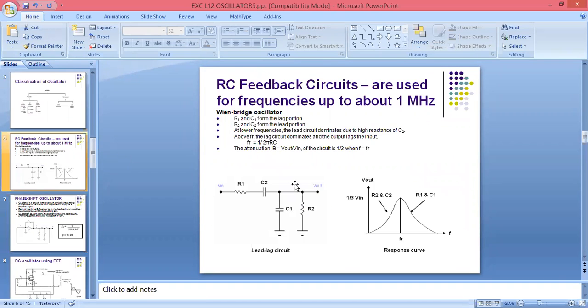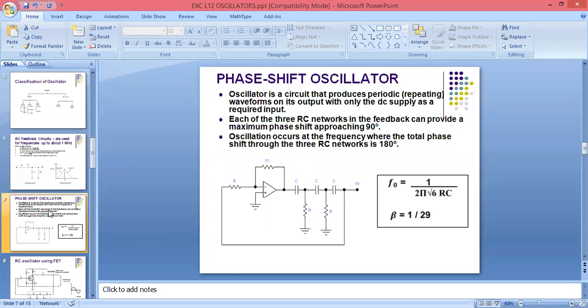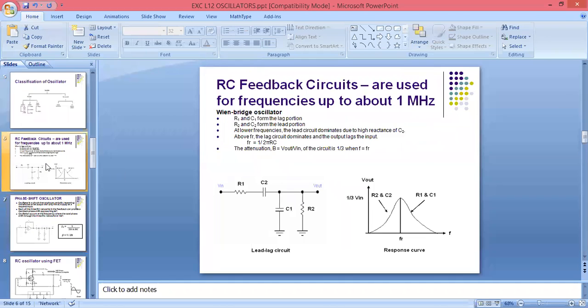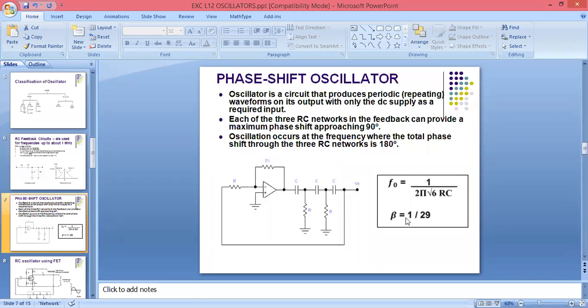This is only the network, how we are using RC network. But what we have to do when we are using RC phase shift oscillator, we need to follow the Barkhausen criteria. So we are using here 3 RC network to get 180 degree phase shift. And its beta value, हमने क्या बोला यहाँ पे A beta का वैल्यू क्या था, 1, and here beta value is 1 by 29. And when we are using RC network, we are getting beta value as 1 by 3. हमें यहाँ पे 1 by 3 वैल्यू मिल रहा था, और RC फेज शिफ्ट में हमें कितना मिल रहा है, we are getting here beta equal to 1 upon 29.